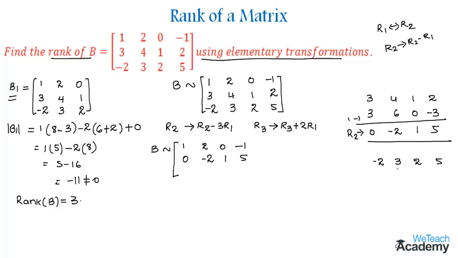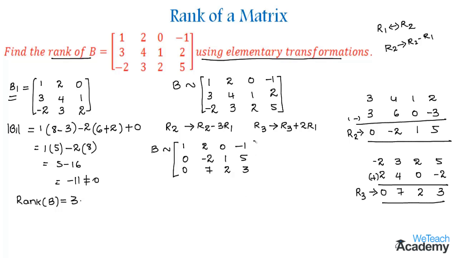And now let us write the elements 2R1. So by multiplying 2 to the row 1, we get 2 into 1, which is 2. And then the next element would be 4. And then we get 0. And at last minus 2. And here the operation is plus. It means we need to add both the elements. So by adding, we get here 0. And then the next element is 7. And here we get 2, and by adding 5 plus of minus 2, we get 3. So these are the elements of row 3. So let us write 0, 7, 2 and 3.